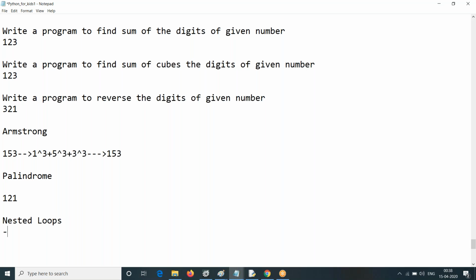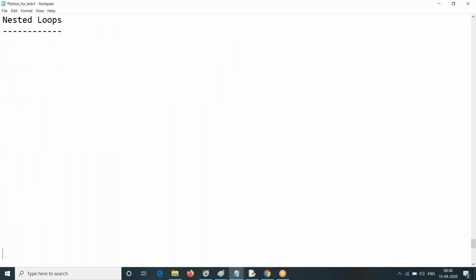What do you mean by nested loops? Any idea? A loop inside of another loop. Yes, perfect. Loop inside loop. The concept is same everywhere. So loop inside loop, that is nested loop. And so far we just used only while. Let us try nested while here, then we'll switch to the for, okay? While some condition 1, then colon, then